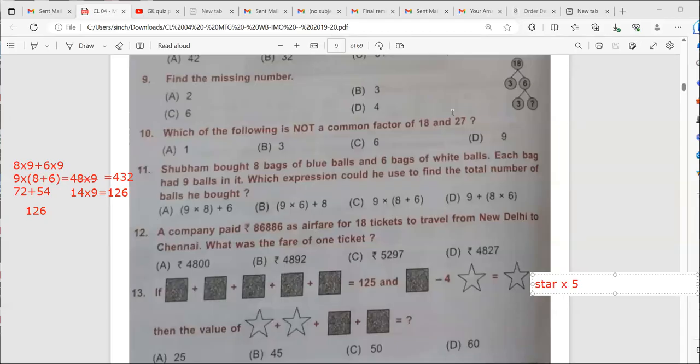Now divide 25 and 5, beta. Shaptagru, what is the answer coming? Ma'am, 5. Very good. So 1 star is equal to 5. So 2 star, what will be the value? 10. So 10 plus 50 is equal to how much? 60. Very good. Excellent, Shaptagru. Have you understood the sum? Yes, ma'am. Very good. Amatu, number 9 is correct.